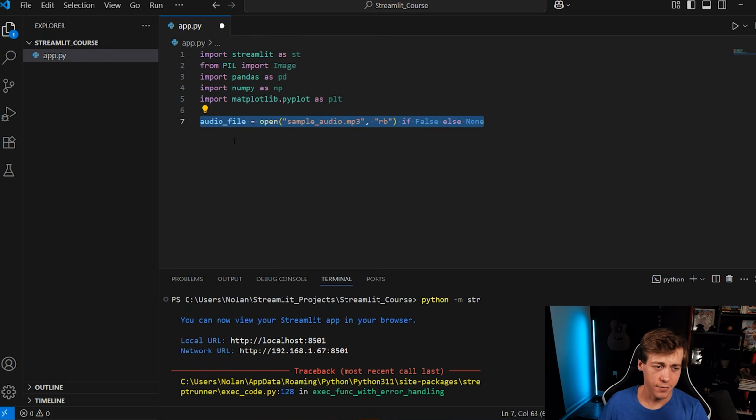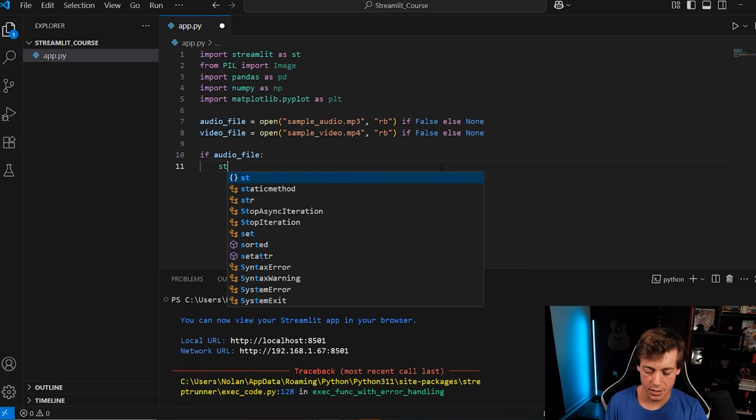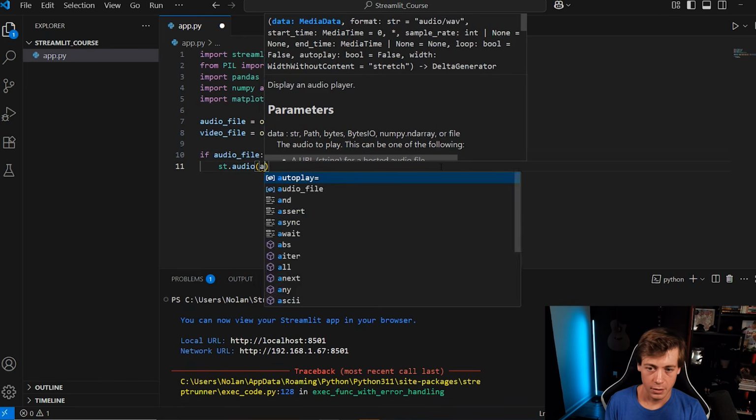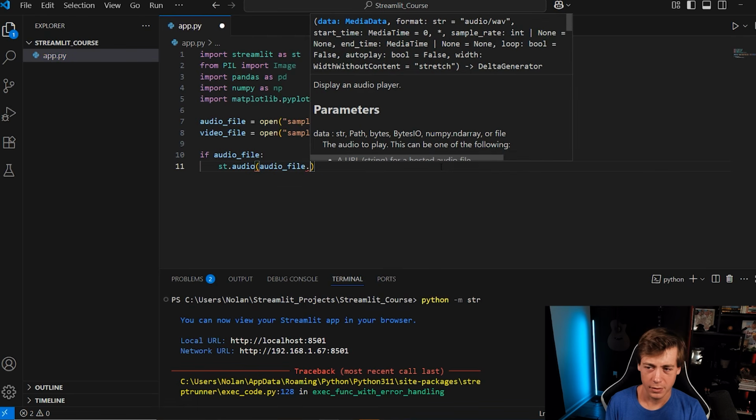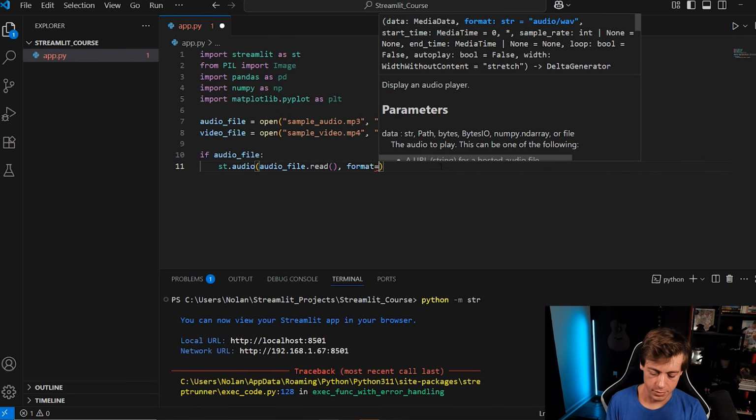You can essentially do the same thing for video. We'll use an MP4. So video file, right? We'll just put sample_video.mp4, rb, the same thing. And you can format it down over here as well. So if audio file, right? st.audio, audio_file.read, and then set your format. So format equals